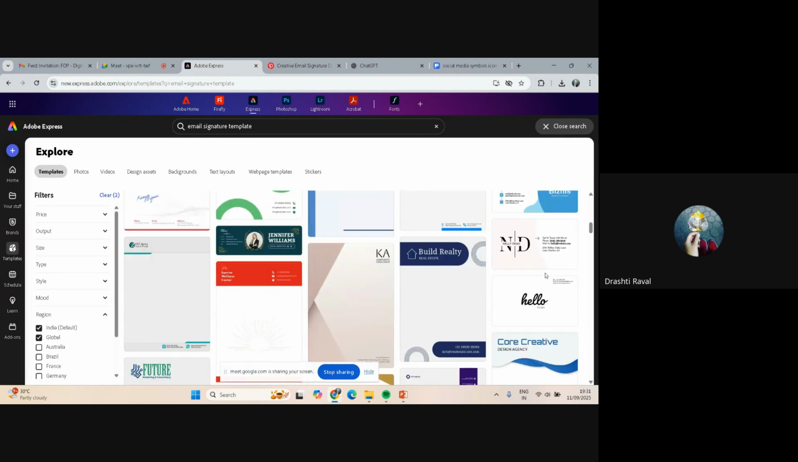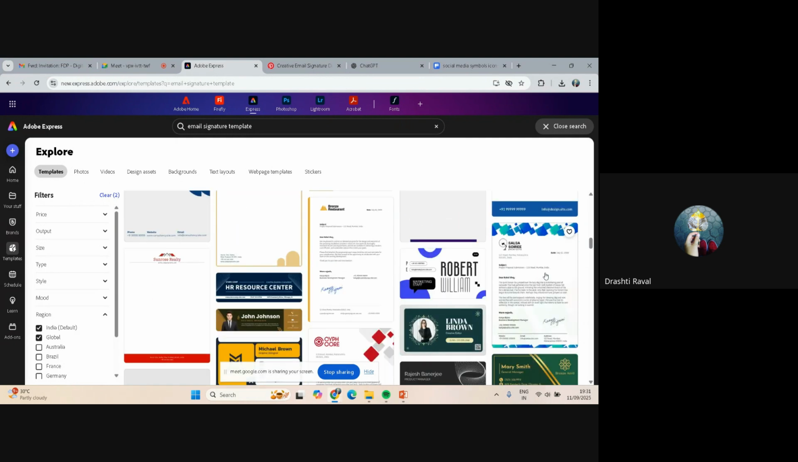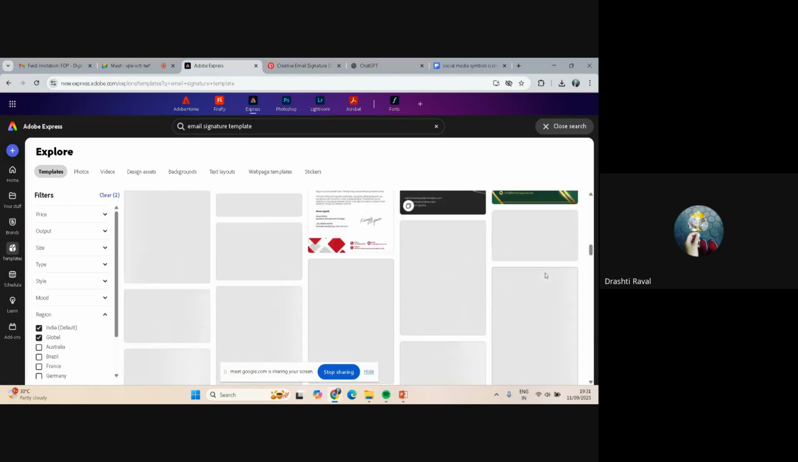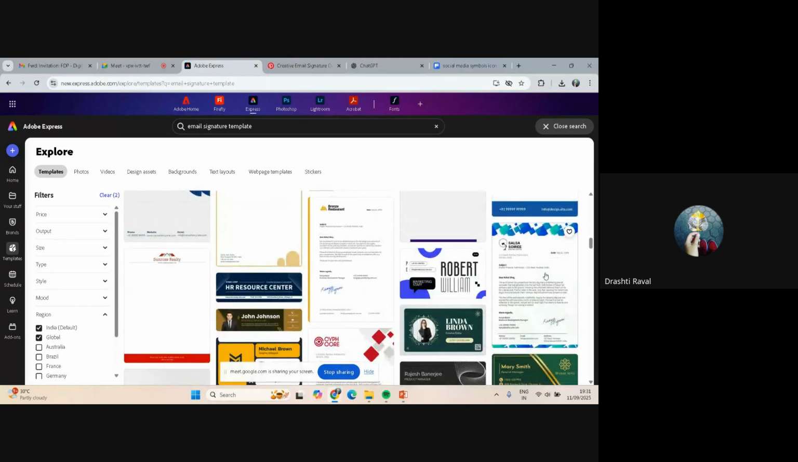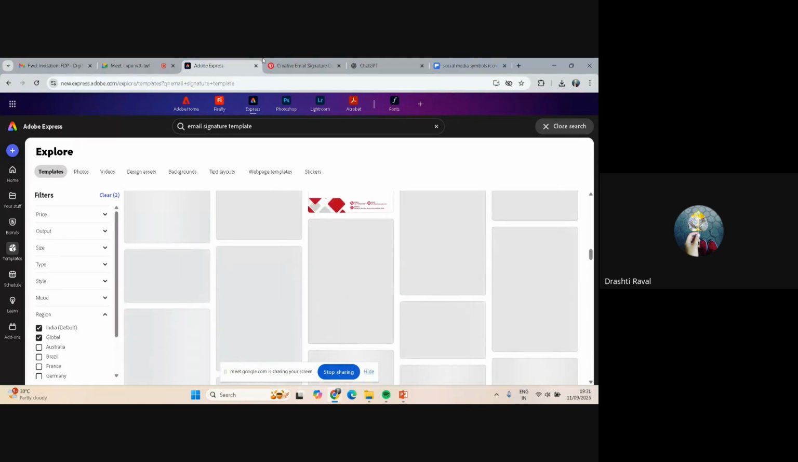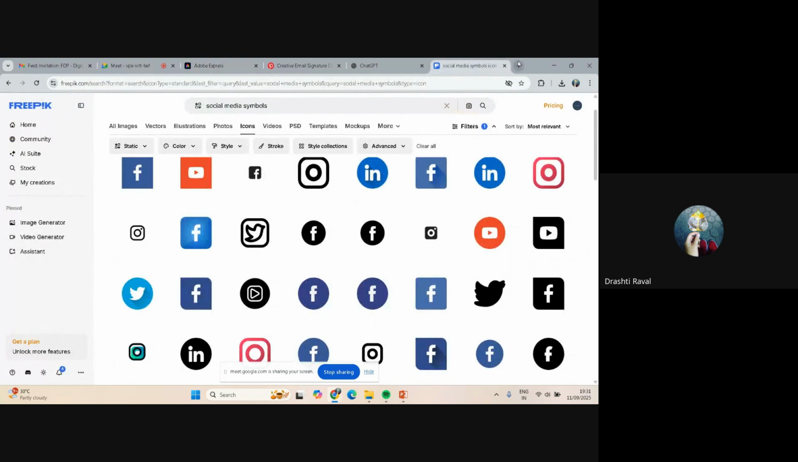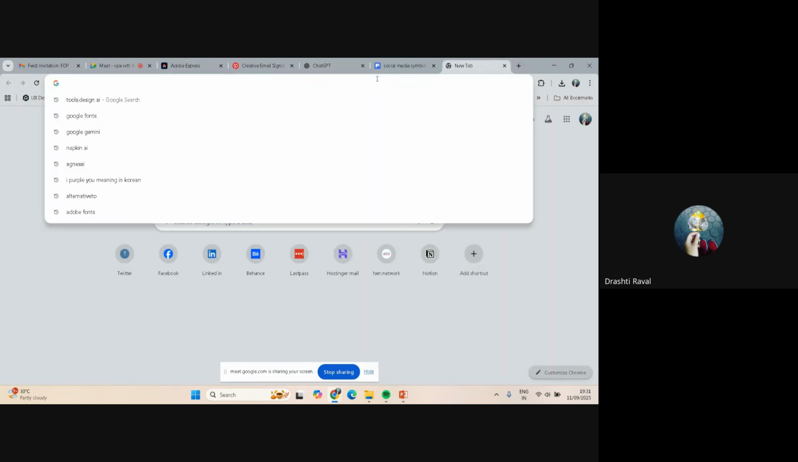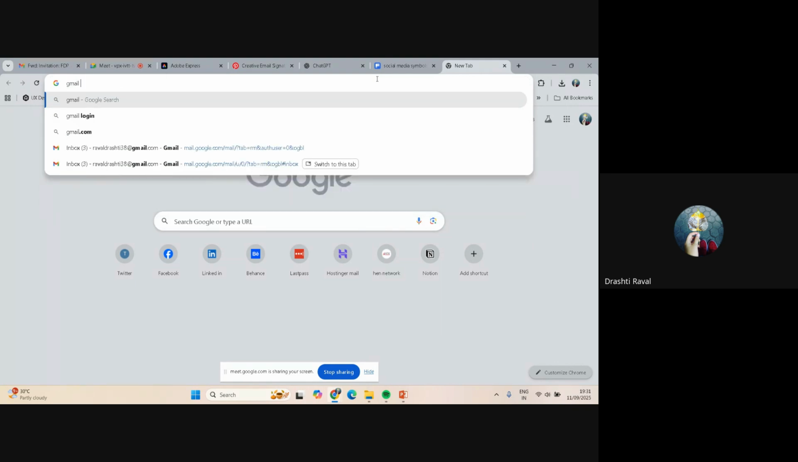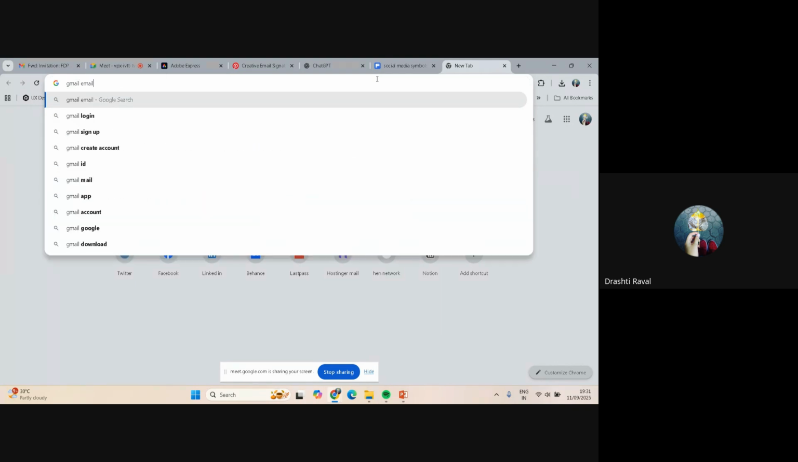These are sizes which will not be accepted by Google or any of the email providers. For everything they have a different size. For every design, for every email, they have a different size. So if you want to know, you just need to check Gmail email signature size,